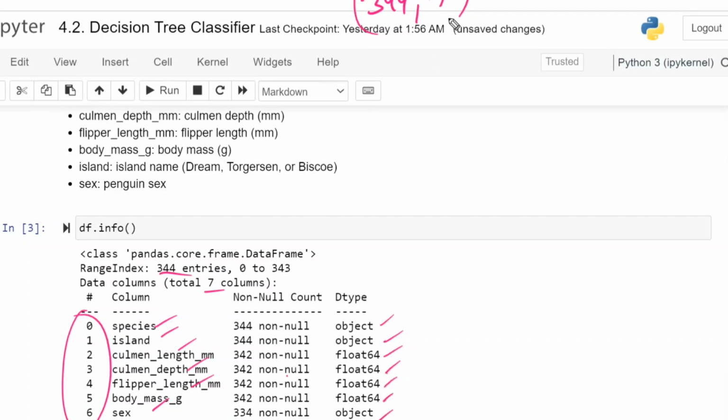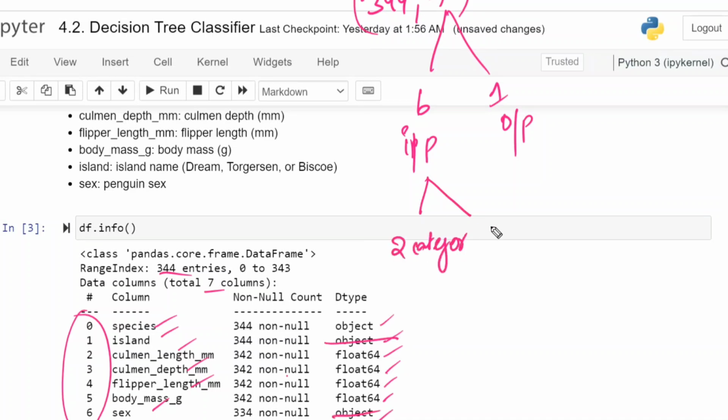Out of 7, 6 are input variables. 1 of them is the output variable. Out of 6 input variables, this one and this one, 2 of them are categorical variables. And 4 of them are continuous variables. 2 categorical variables and 4 continuous variables are there.